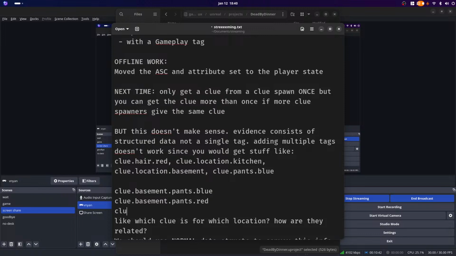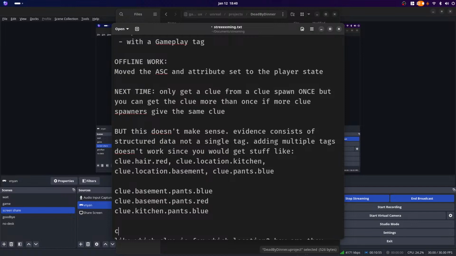So then you end up having clue dot kitchen, and I guess we could do it this way, but it doesn't seem to make any sense, especially when you start getting stuff like clue dot